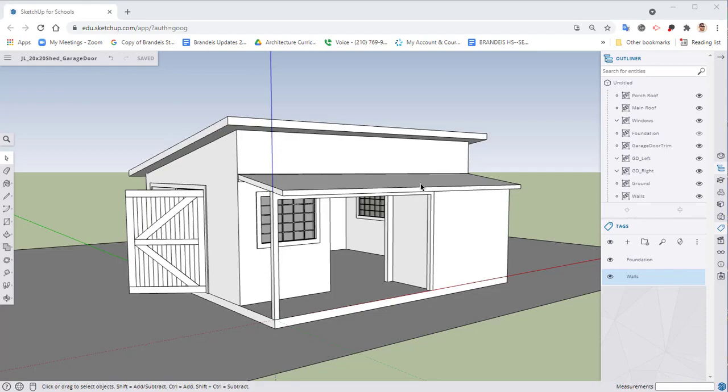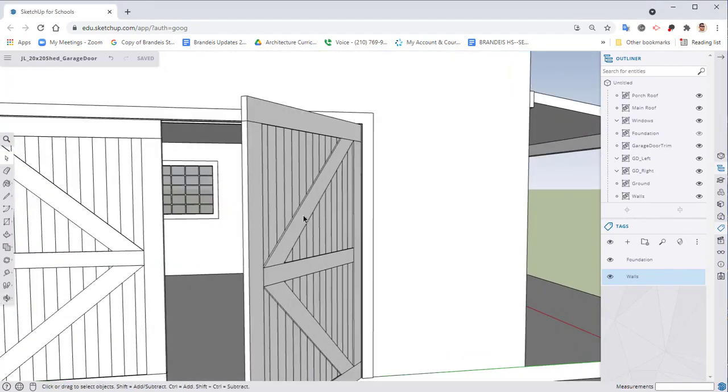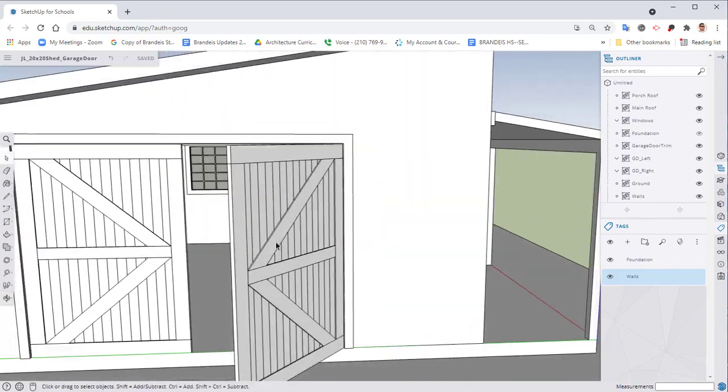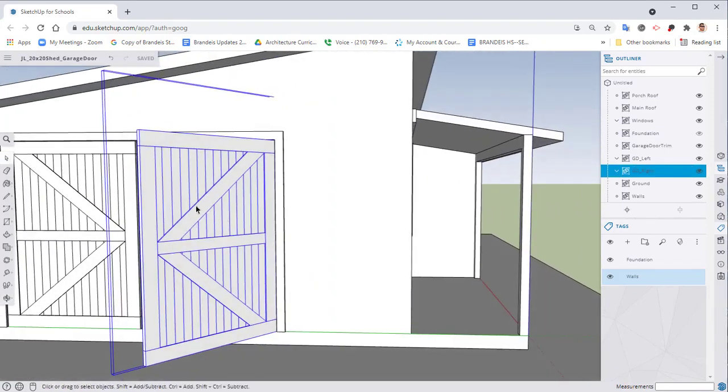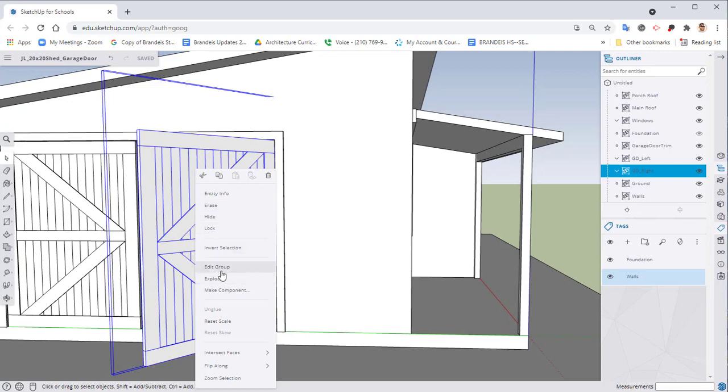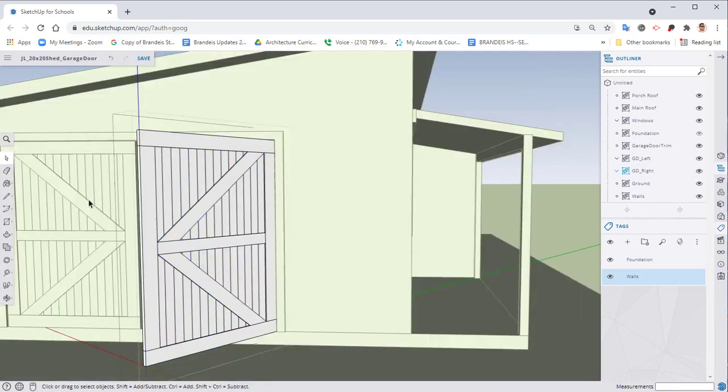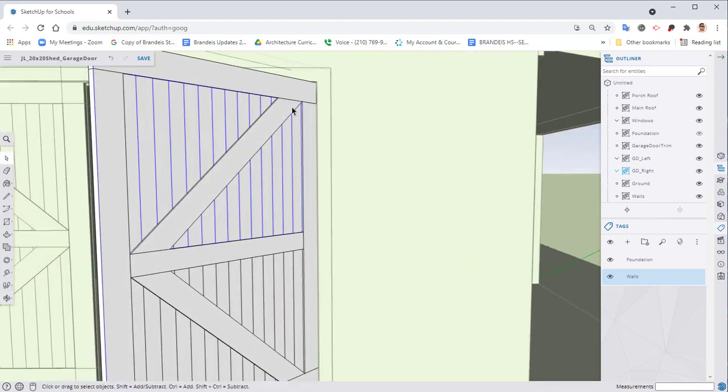So over here in our garage door, I forgot to bring over our cross braces to the other side. So really quick, I'm going to edit my group, because I have both my garage doors in separate groups. Over here in our outline panel, you'll see I have garage door left, garage door right. I'm simply going to edit the door there,